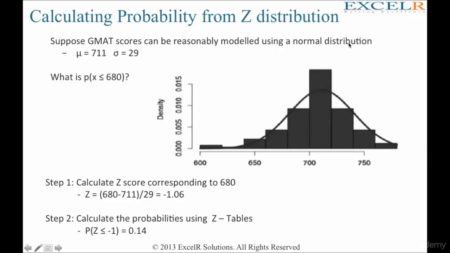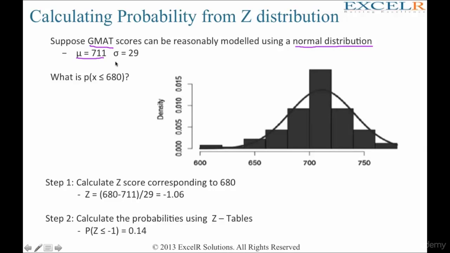In this example, let us now try to see the application of z-distribution, or the advantage of standardizing the data. I've already shown you the GMAT score, and suppose the GMAT scores can be modeled reasonably using a normal distribution